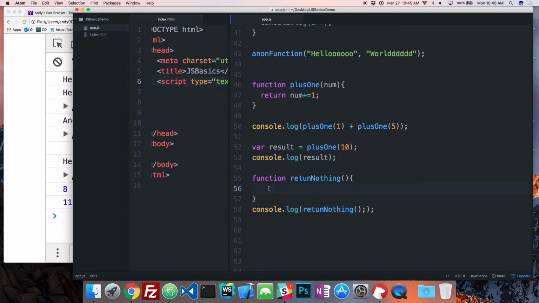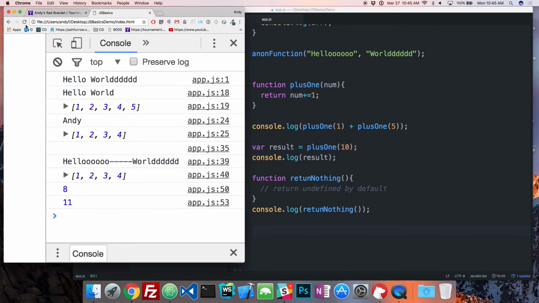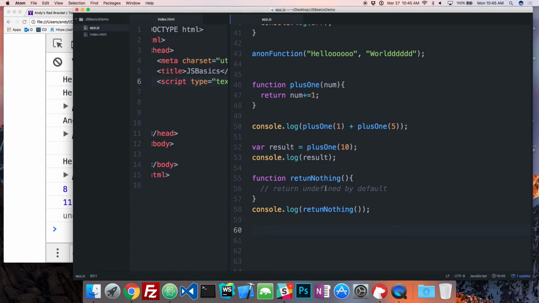Right? So by default, it's going to return undefined. Okay? Now let's take a look at what this will give us. Line 58. Undefined. Right? So in JavaScript, if you don't tell it what you're returning, it runs everything in that function, and then at the very end, before it exits the function, it returns you undefined. Right?